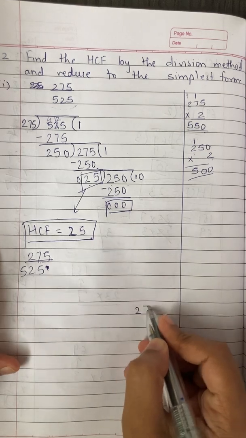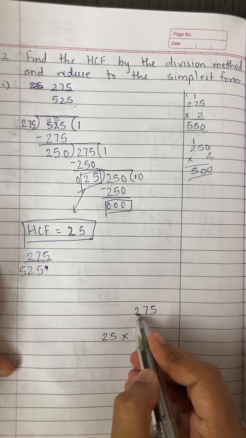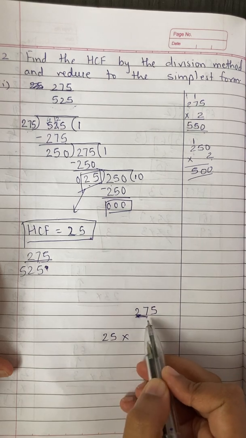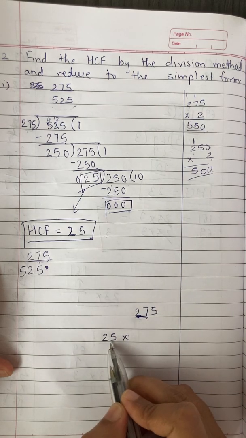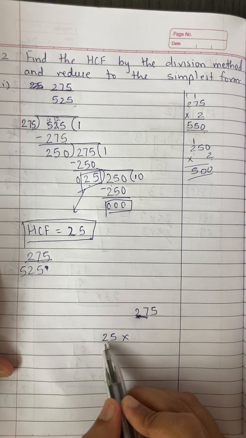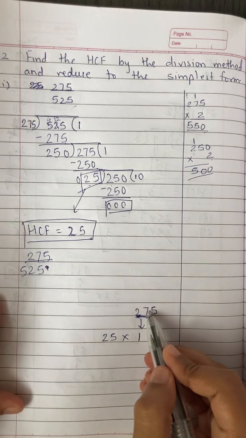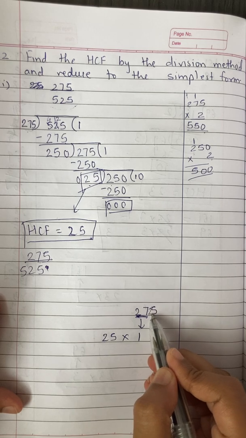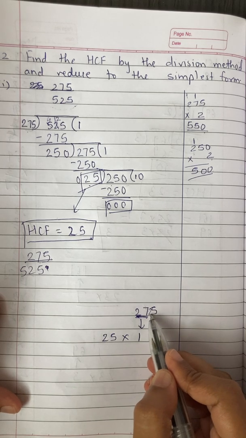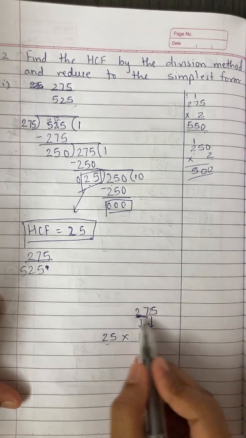First write down the numerator, which is 275, and see whether in 25's table it is there or not. First we cannot take 2, we have to take 27, since 2 is a much smaller number than 25. 25 2s is 50, which we also cannot take because it is much greater than 27. So we take 25 1s are 25. From 27, if we take 25, 2 will be left, which is carried on to the next number. So again we get 25, 25 1s are 25. So we get 25 into 11 as 275.